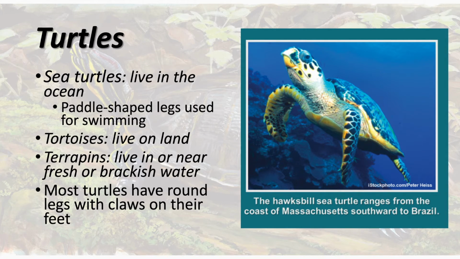All right, turtles. Everyone loves turtles, right? So sea turtles obviously live in the ocean, hence the sea, and they have paddle-like legs and arms that they use for swimming, so they can easily glide through the water. Tortoises live on land. They do not live in the ocean, nor do they swim, hence they're super heavy. And then terrapins also live